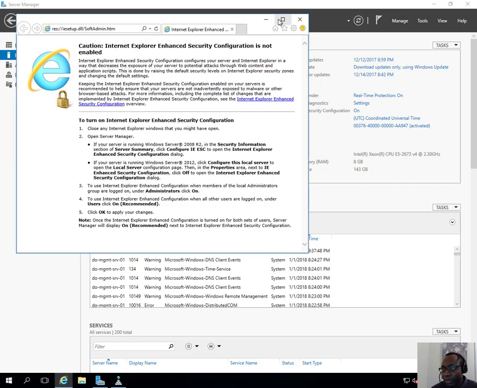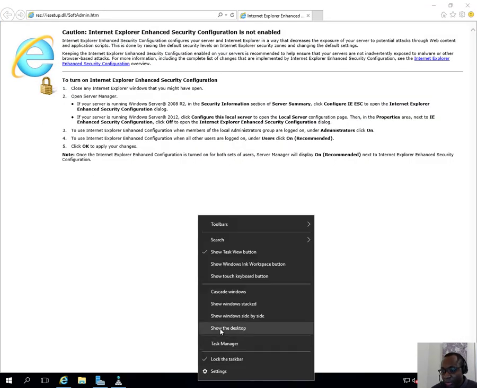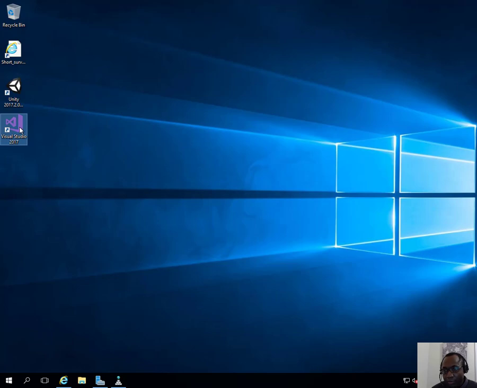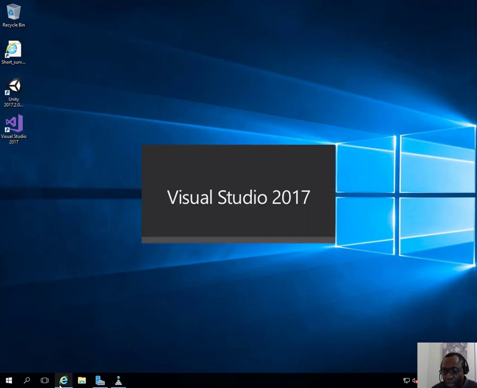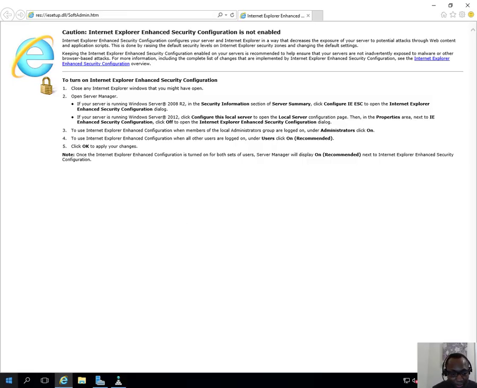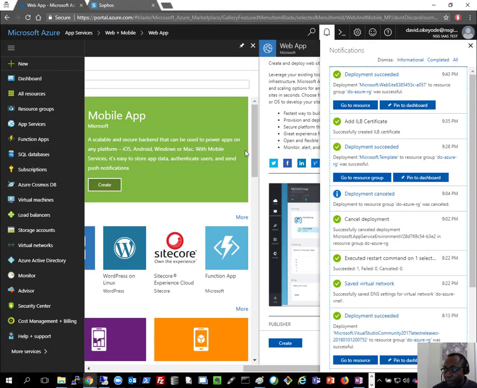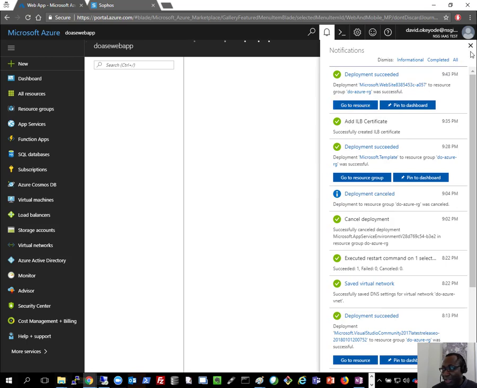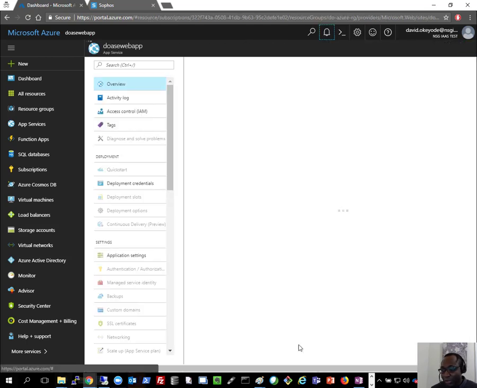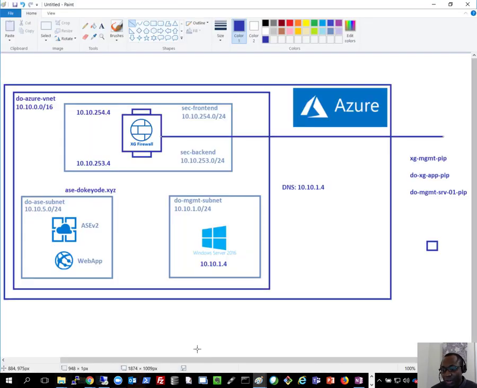And I'll bring up my browser. At the same time, I'll also open Visual Studio. So, and then I'll pause this recording and wait for, oh, actually, here's the thing. My resource already completed deployment, so that was really quick. So now what I have is an Azure web app that's within my app service environment, and